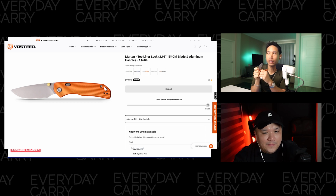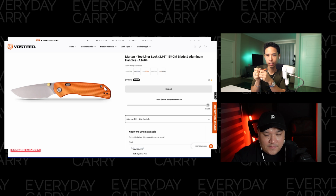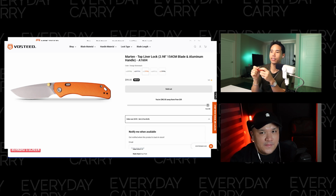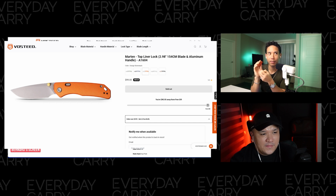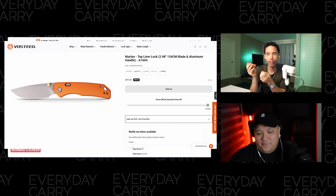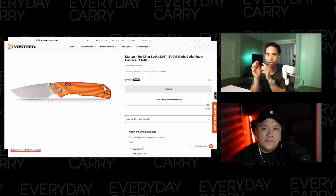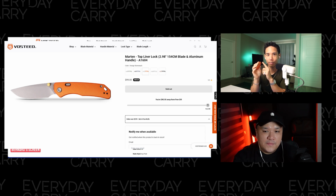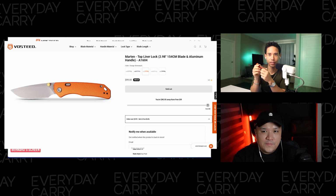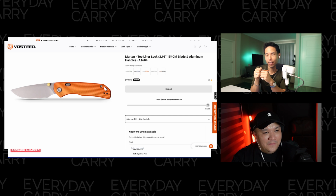So I'm not entirely confident that this can replace the meta from crossbar style knives or even button locks, which I think were getting more popular, just because I don't know if we'll see this possible at a $40 price point, $30 price point. Top liner lock, fair. And also what makes this such a great knife is the micro mill texture aluminum handle. Again, I don't know that that can be done at that price point. I'm like whatever about the 154CM. Yeah, it's not really...